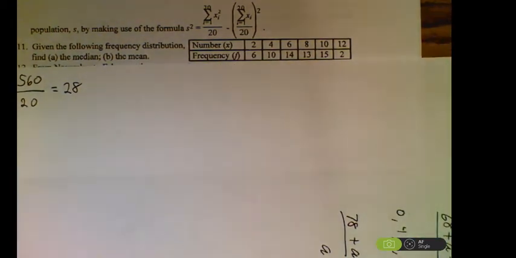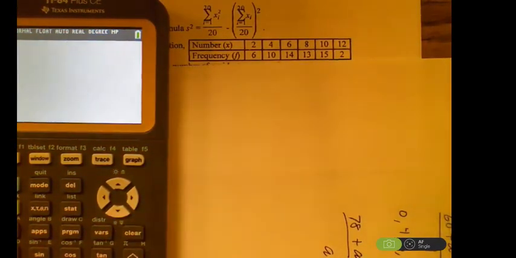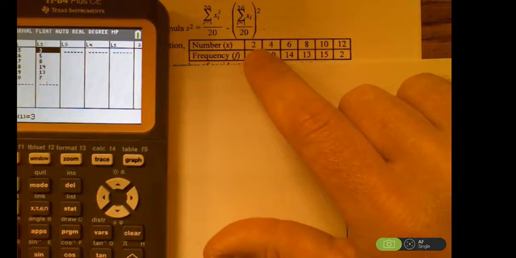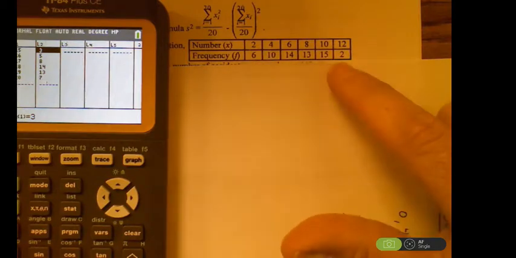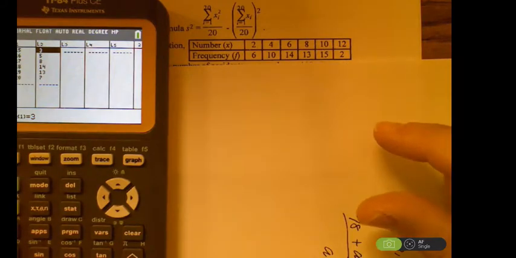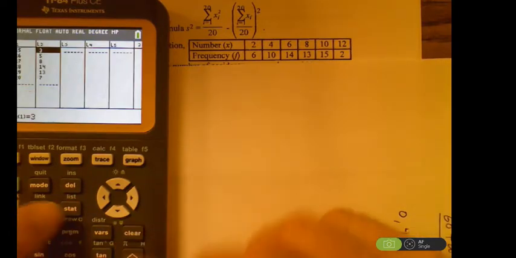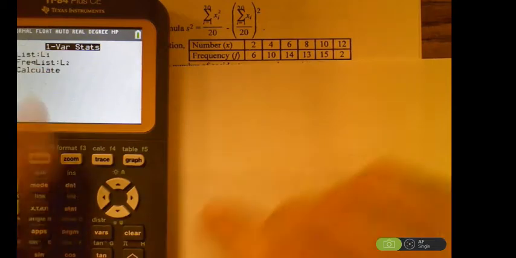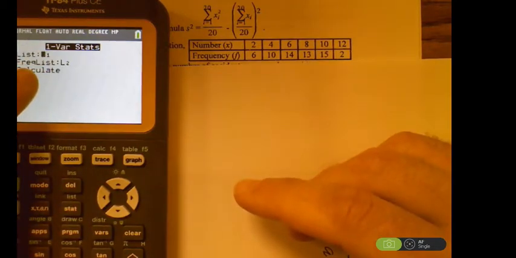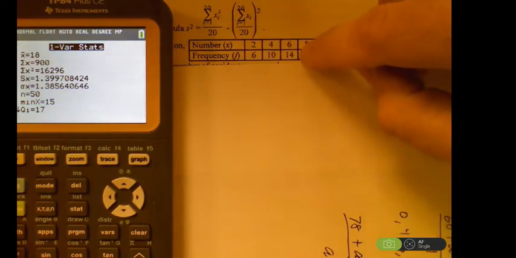So just getting the median and the mean, both of those things come right off your calculator when you put in your list of data into your calculator. So that's something that you should be able to do at this point. So just hit stat, hit edit, put the x's in for list 1, put the frequencies in for list 2, and these aren't the right numbers, but I'm just showing you where to go for this. So once you put in the data, you hit stat, go over to calc, one variable stats. You got your x's in list 1, you got your frequencies in list 2. So if you just hit enter all the way down,